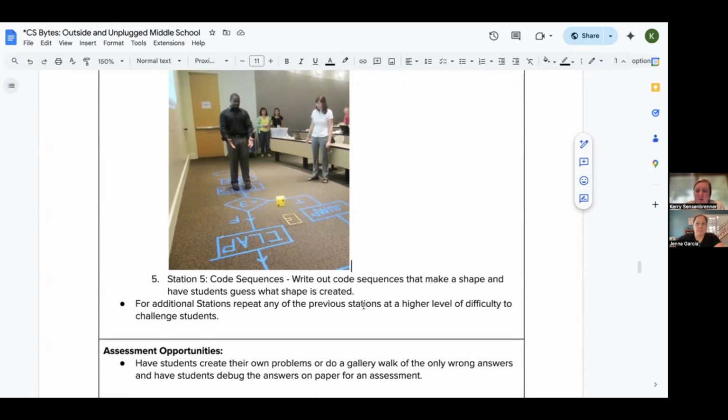And then station number 5 is just writing out some code sequences, maybe that make a shape, like turn right, turn, move forward, turn right, and getting students to guess which shape is created by what they're reading. And then they would just turn in as part of their answer sheet what shape they thought was created, so that they wouldn't be writing anything, or maybe vice versa. Maybe you gave them a shape and they had to write, and then the next period made a new one,